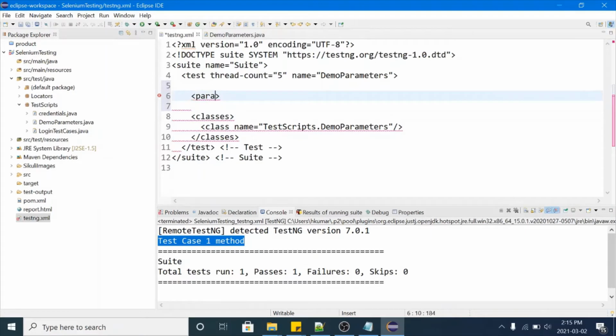So this is the tag to pass parameter from testng.xml. You need to write parameter tag and name is equal to, okay, name of the parameter. Okay, so in this we can use name is equal to username. Okay, and in this we can pass value is equal to, let's suppose username is Selenium user. Okay, so we need to close this tag.